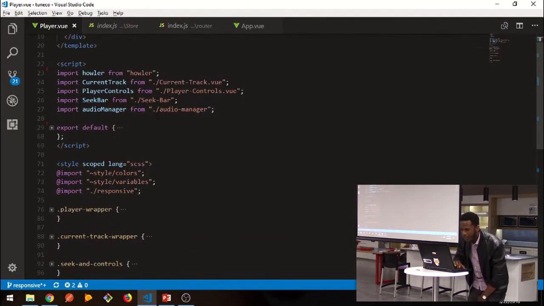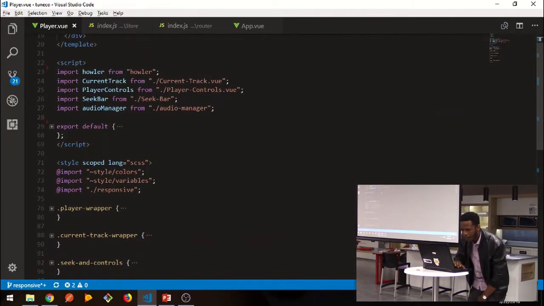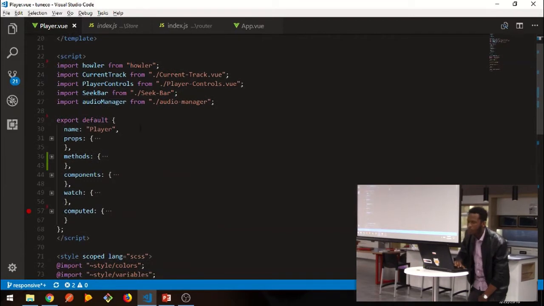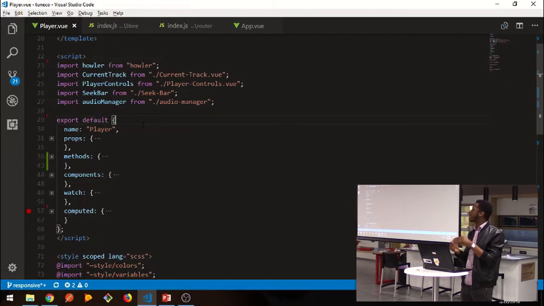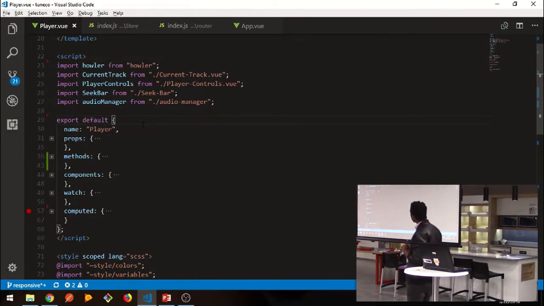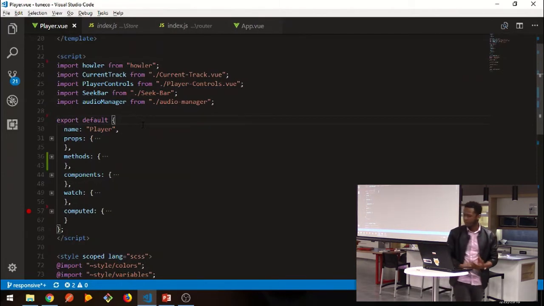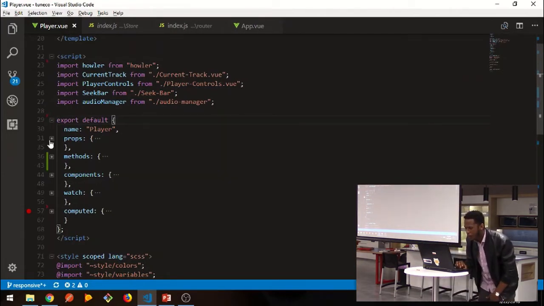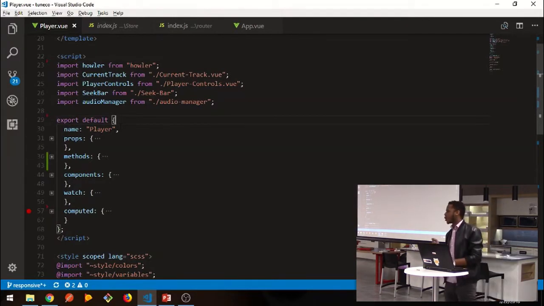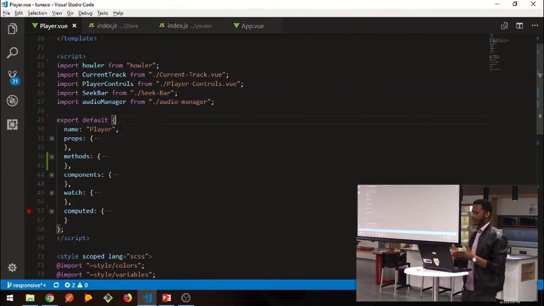And if you go down a little bit, you will see here we have, in the JavaScript portion, sort of the meat or the logic of this component. The way you would define or declare a component is you would export a simple JSON object with a few properties. One of those is the name, which is actually optional. So when you define your component, you don't have to give it a name, but it's usually a good idea to give it a name so that when you're debugging, you can see straight off the bat, as soon as you see that message, which component is throwing